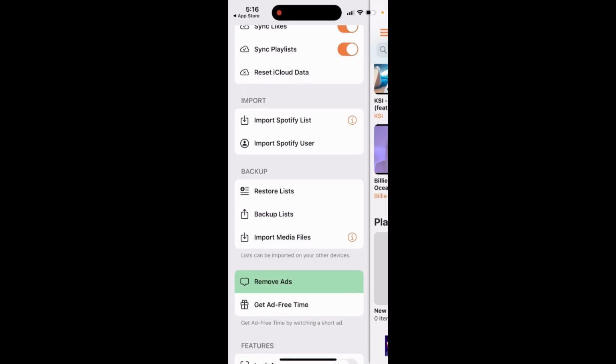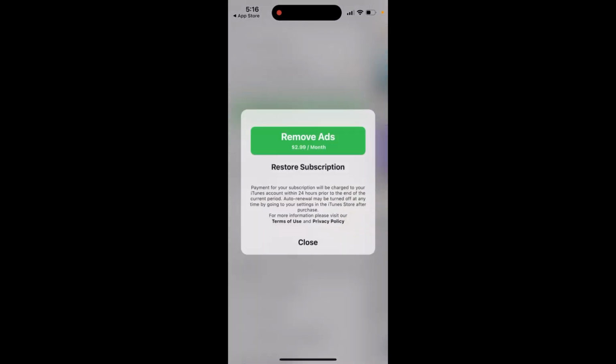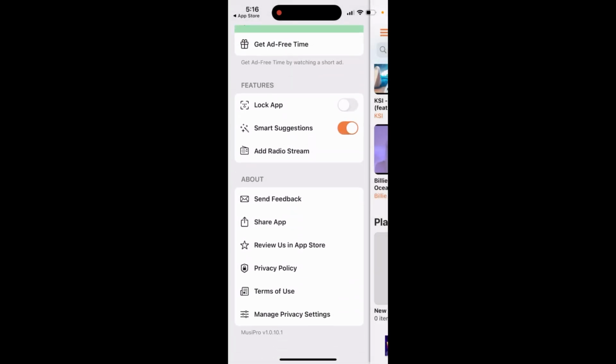So yeah, here you can also import your users. If you wanna remove ads, it's just $3 per month. You can also add